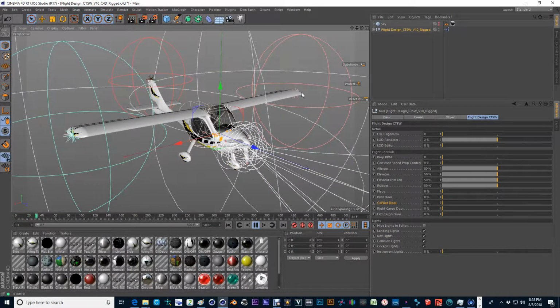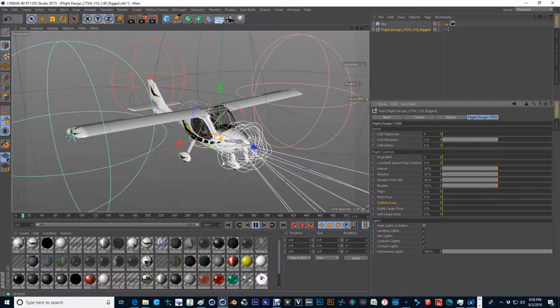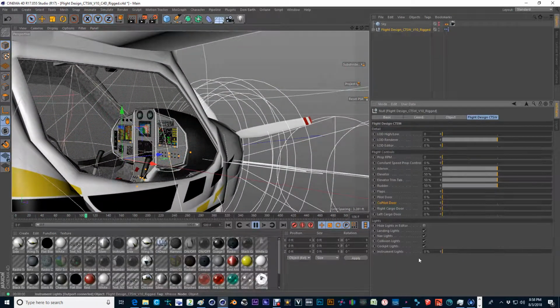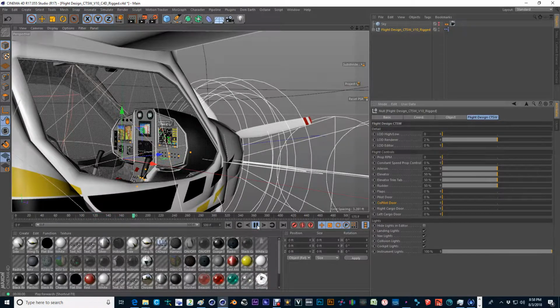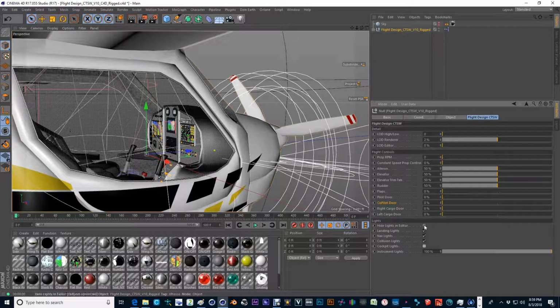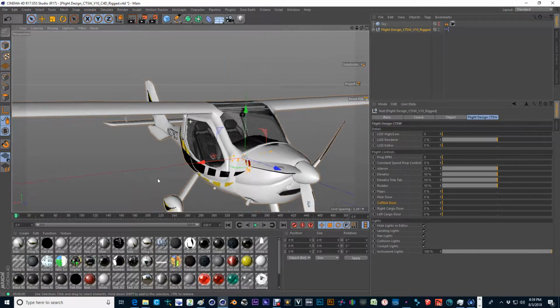When I hit play, what you'll see is you have a beacon that will be flashing in a modulo, and then you also see that I have a couple of collision lights that are running on a spline to run kind of a nice effect. And obviously we also have instrument lighting. You have the power of controlling how much intensity you want on the instrument lighting. Go ahead and bring that back. And you have just a button for the cockpit lights. But if I leave all of the lights running,